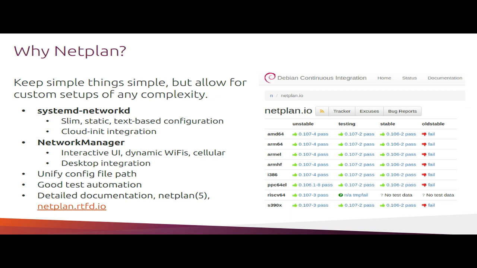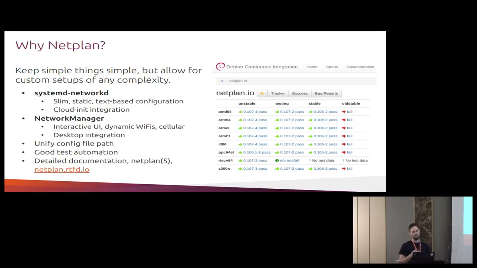So in addition to this functionality, NetworkManager can also support cellular modems. Like if you have a modem integrated in your laptop, you can also use NetworkManager to bring that up, which is not really something that is supported by networkd right now. And of course, it has great desktop integration, like in GNOME Shell. You have the applet and all the nice things that you can dynamically use, and not just the text-based configuration.